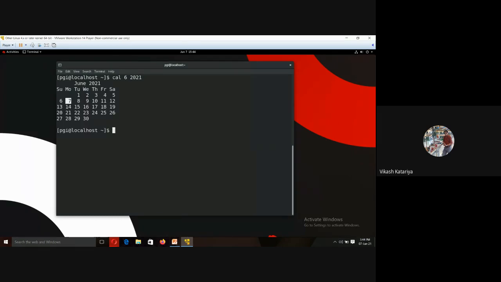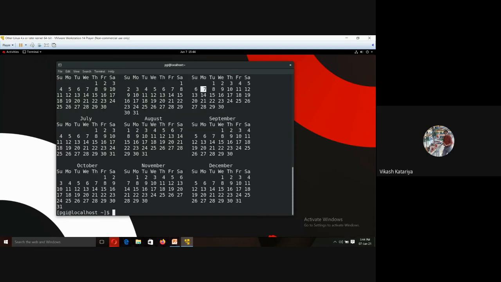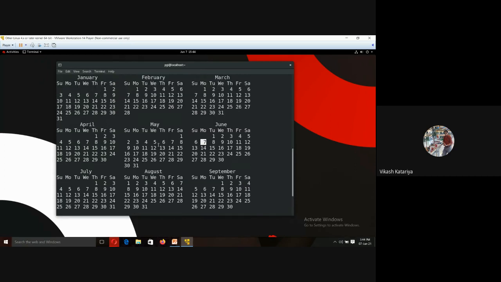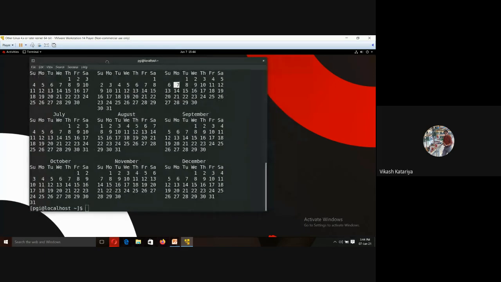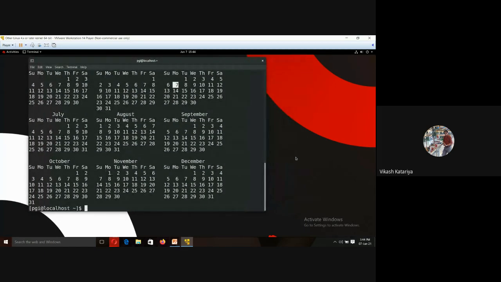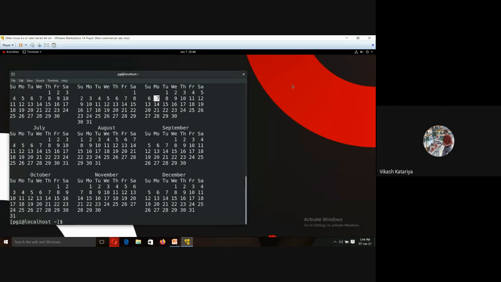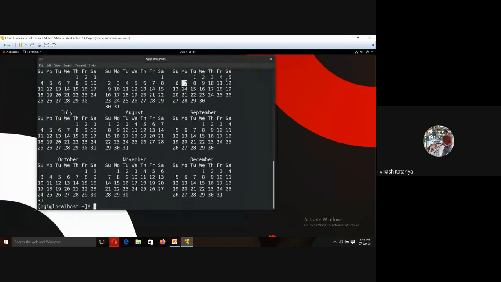After pressing enter, it will show today's date, Monday the 7th, 2021. Now I can see the whole 2021 calendar. Just by putting the year alone, it will show the 12 months of the calendar. So this is about the calendar command.